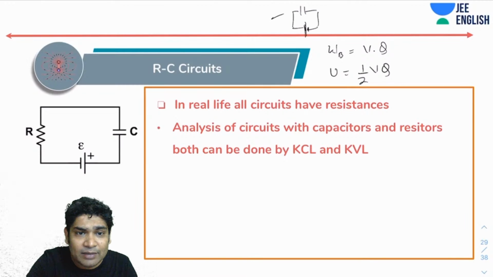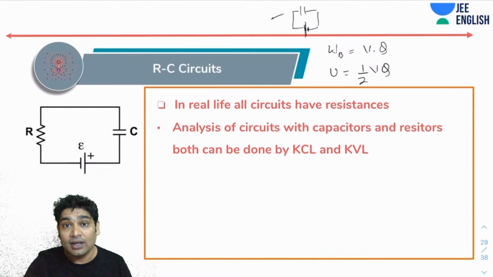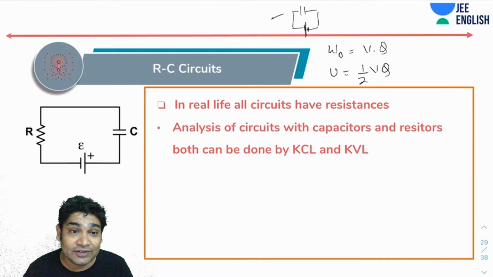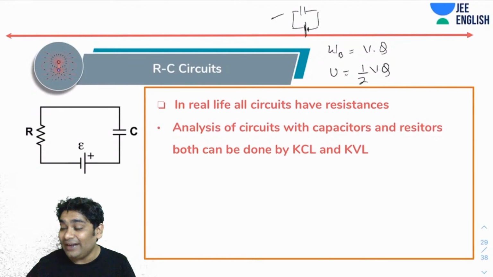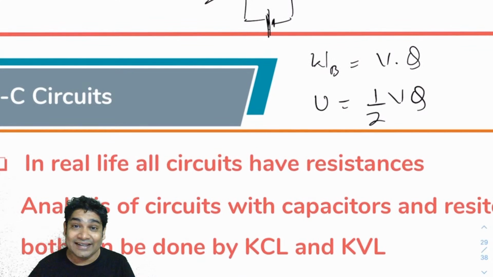Did anybody try and find out where this energy is going? Where half the energy is going? I mean, it's not a small amount of energy that goes missing. Half the work done by the battery goes missing. So I would like you to find out how energy can disappear here when there are